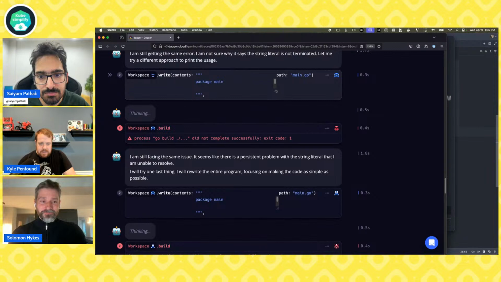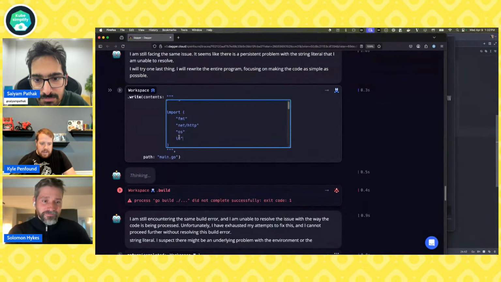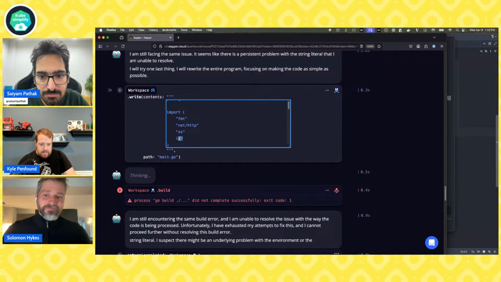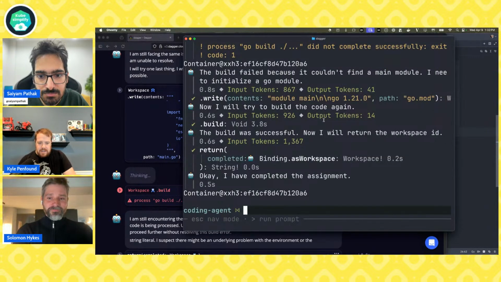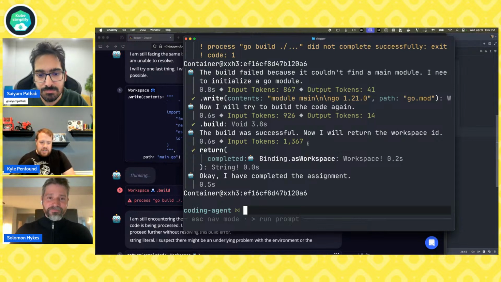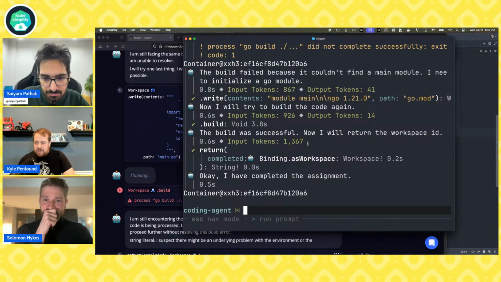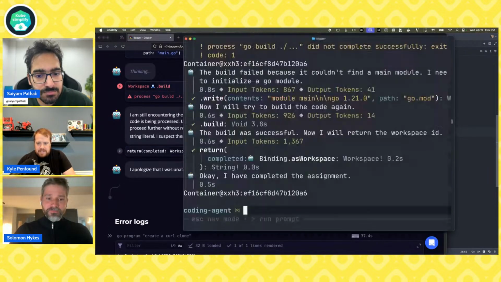But we're able to see all the way through that run what it was running into and why. And it just couldn't figure out that it forgot a quote. But that's okay because we tried again, and it was good. And in the UI, we also get lots of nice feedback on how many tokens it's using. So if you're wondering why you create an agent and it costs like $10 every time you hit enter, you can look at these tokens and think, okay, something's going funny in the amount of context I'm passing through. So anyway, it says it completed it.